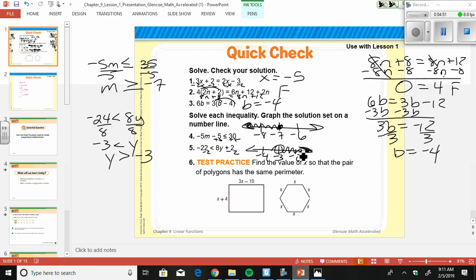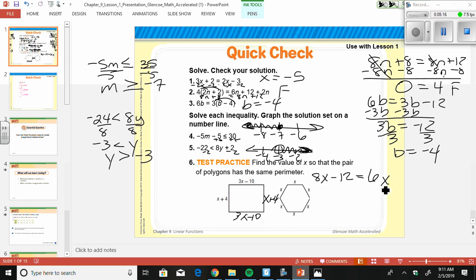Find the value of x so that the pair of polygons has the same perimeter. Well, perimeter is when we add all of the sides together. So we would have 6x, 7, 8x. Negative 10 and negative 10 is negative 20. Negative 20 plus 8 is negative 12 equals 1, 2, 3, 4, 5, 6